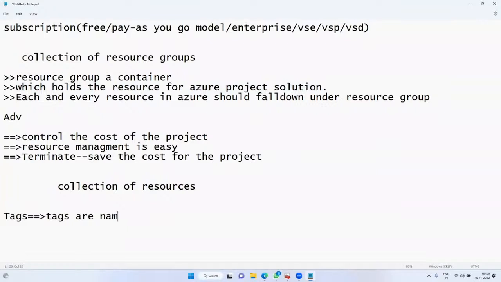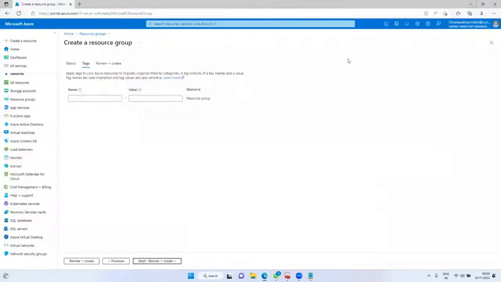Tags are name-value pairs, which will give the information about resources. For example, if I ask you to introduce yourself, you will say your education details, your name, and your address details, right? In the same way, if I am joining as a new joinee in the organization, by looking at these tags, I can easily understand